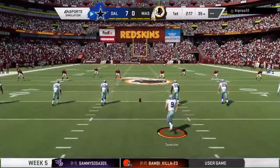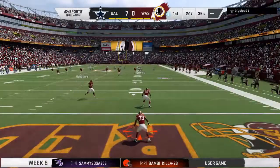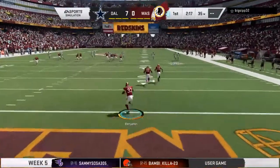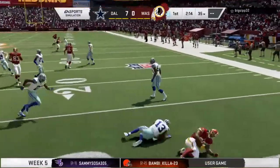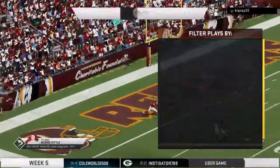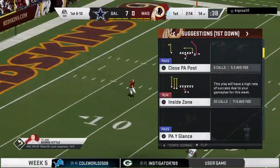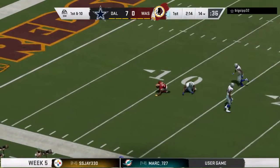Now after the touchdown, ready to kick it away is Tavecchio. That'll be taken in the end zone. And he probably should have stayed in the end zone as he'll muster a return up to only the 14-yard line. Well, conventional football 101 tells us if you don't get it back to the 20-yard line on a kickoff